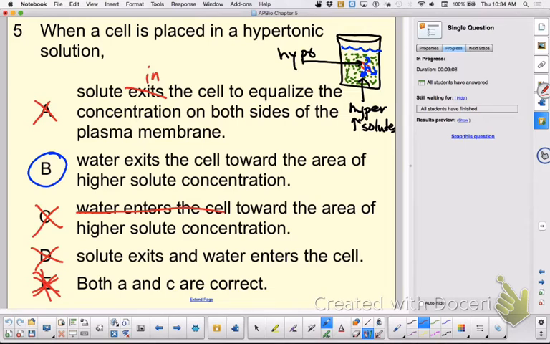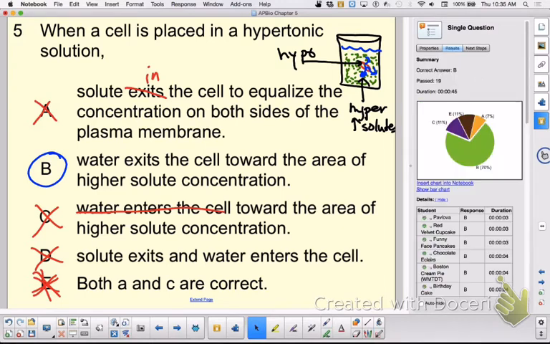I got it. Yeah, there is water, but the hypersolution has